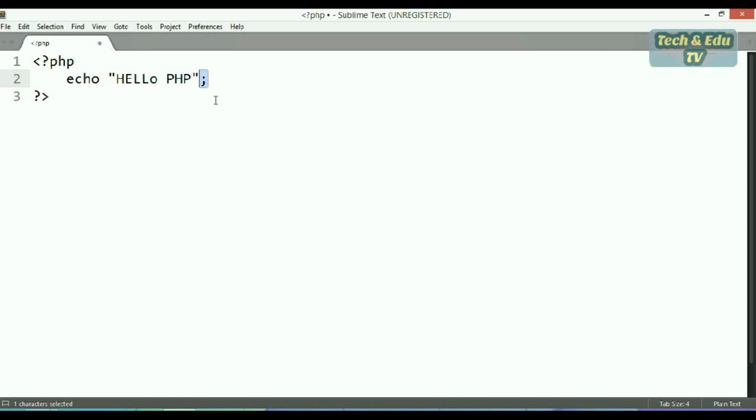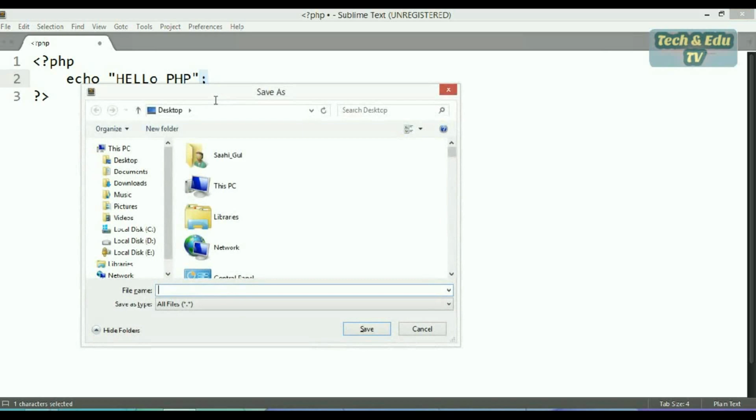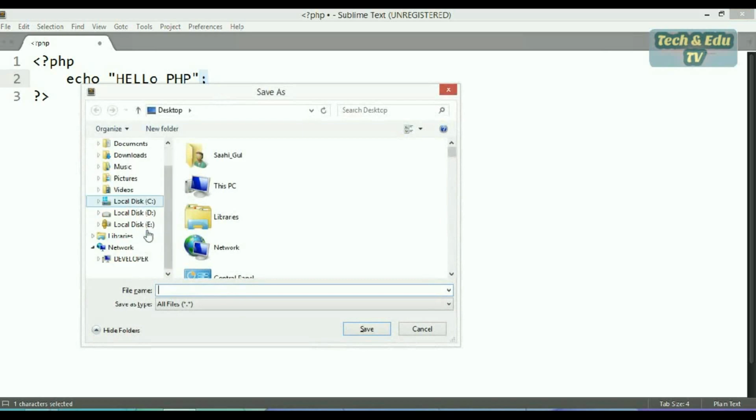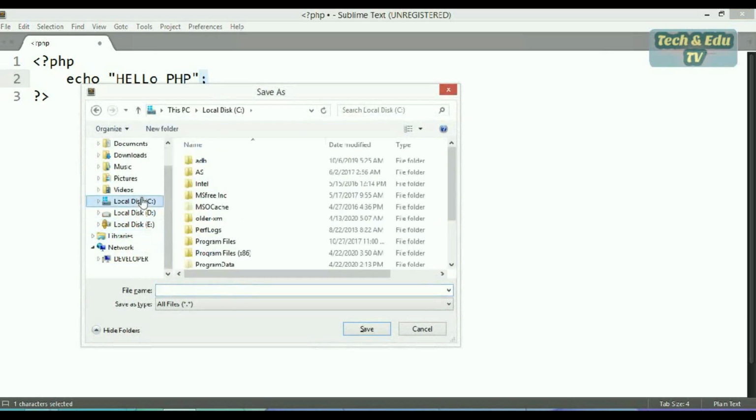So let's see how to save these files. Press Ctrl S for saving. Then you have to search for the directory where you have installed your XAMPP server.